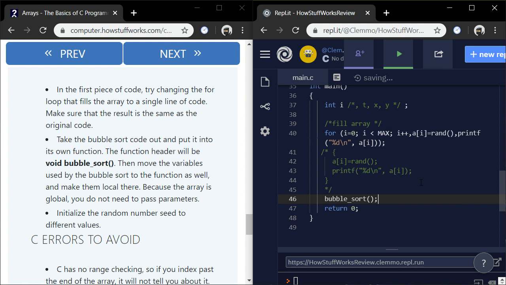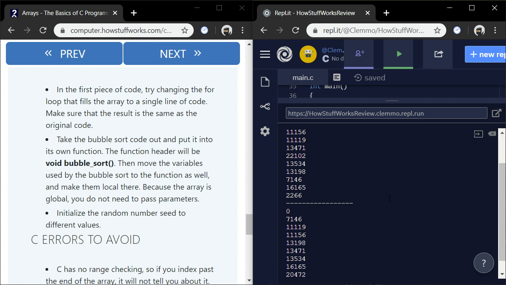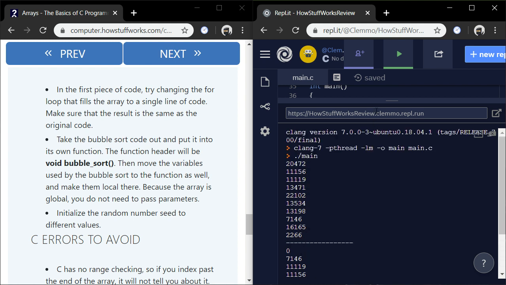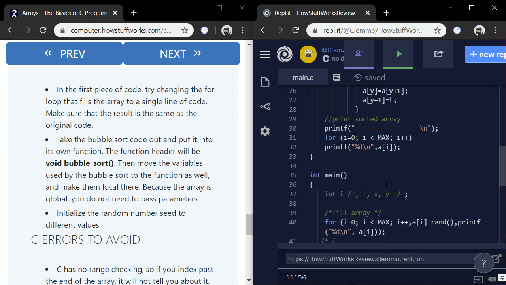I think I can do that. Yes. And is it sorted? Darn well seems to be to me. It sure looks that way to me. Oh yeah. Success.